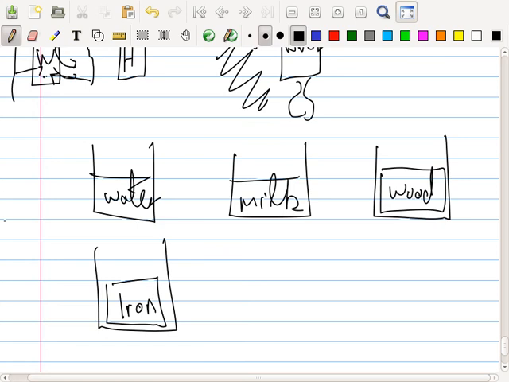Which one do you think can have the most heat inside it? Iron. And which one the least? Water. Maybe the wood. So the idea we have in our head is some things can hold a lot of internal